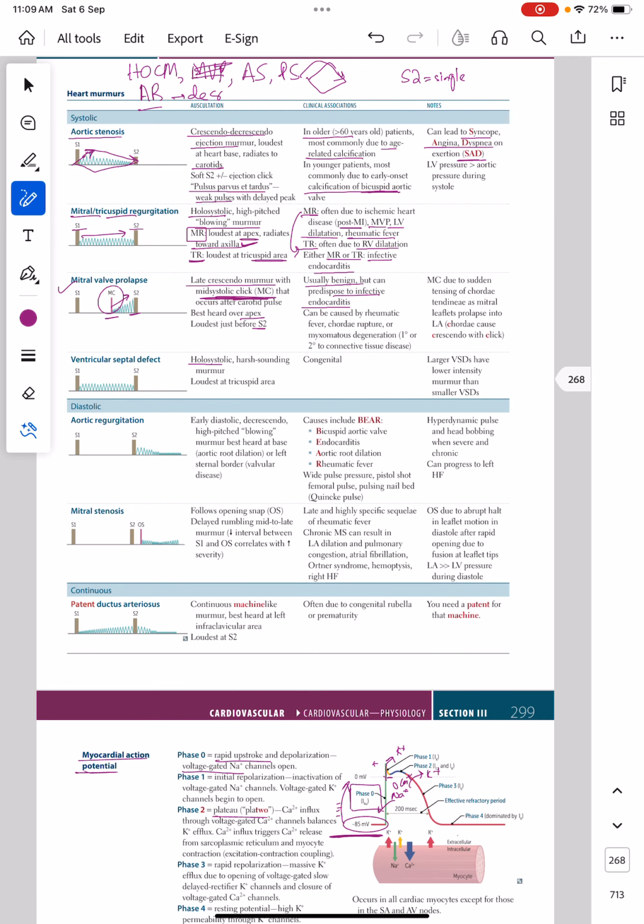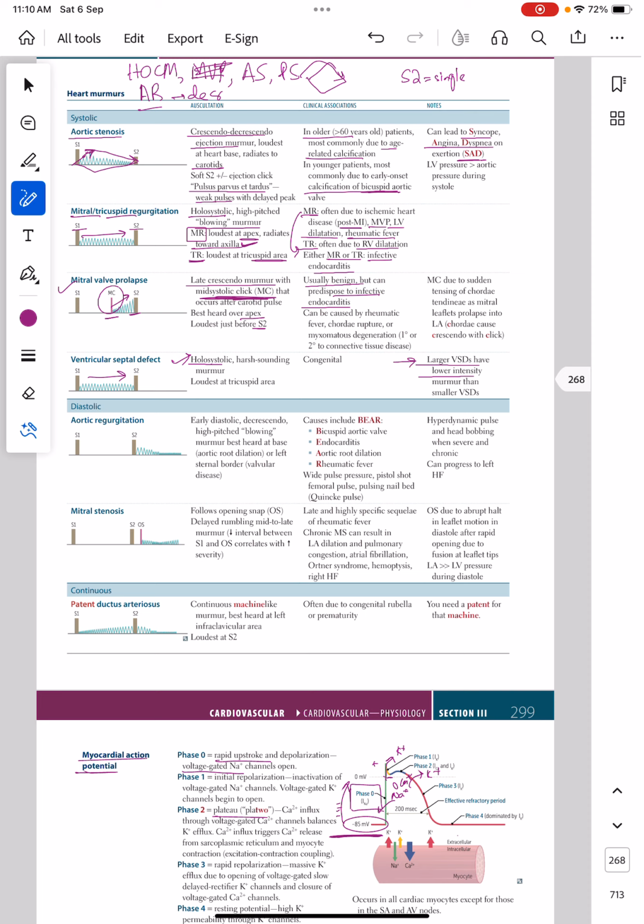Holosystolic murmur is also produced by the ventricular septal defect. Why? Because there is a defect in the septum, so the blood flow is constantly increased across that defect. It doesn't matter, it is the same in intensity throughout the systole. But one of the more important things is that whenever there is a larger defect, it will decrease the murmur in intensity. So if you listen to a ventricular septal defect murmur and it is loud in intensity, then it means that the disease is